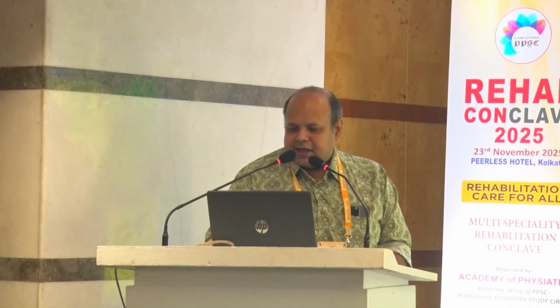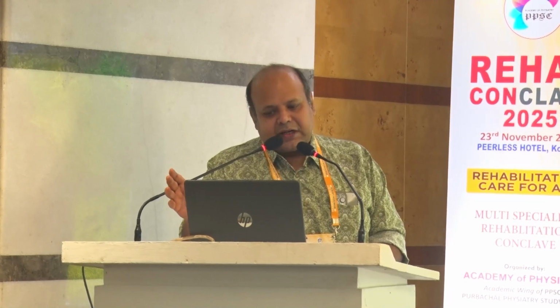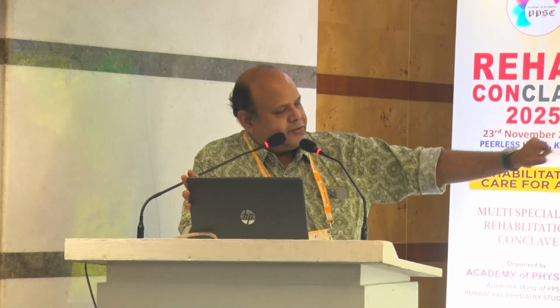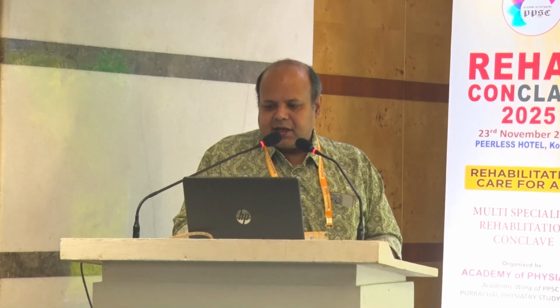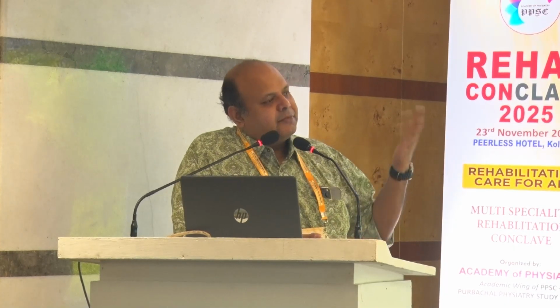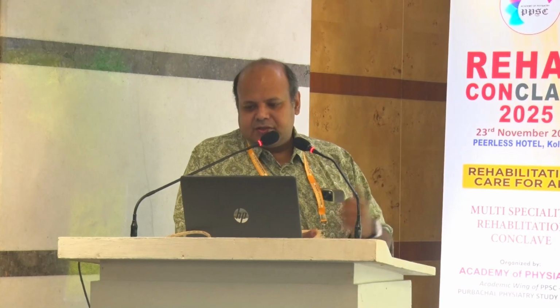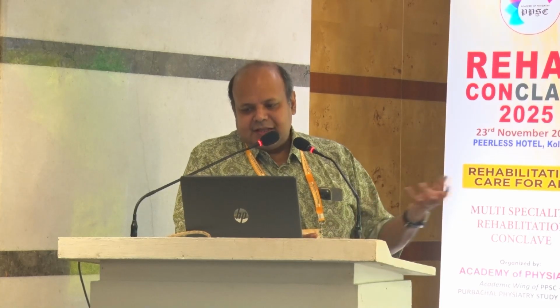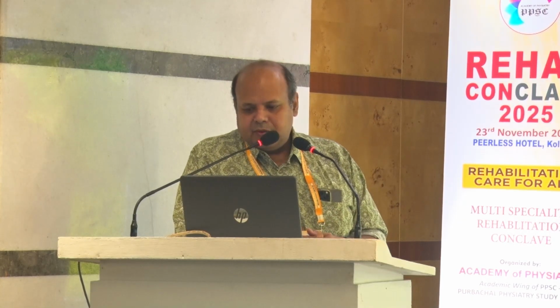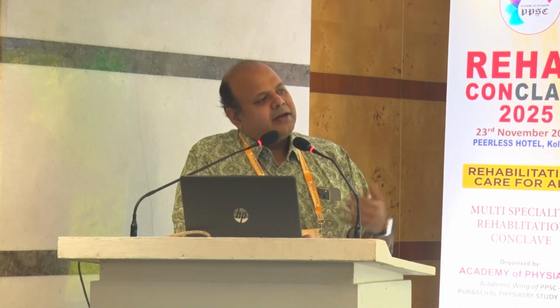Now on the right hand side, this is the elasto map. The blue are the softer and the red are the tougher structures. Now you see in between there is something red lying in between. That is the fascia between the muscle, which is relatively tougher than the muscles. So they are shown as red. The muscles are shown as sky and blue, and the fat is also shown as sky and yellow,